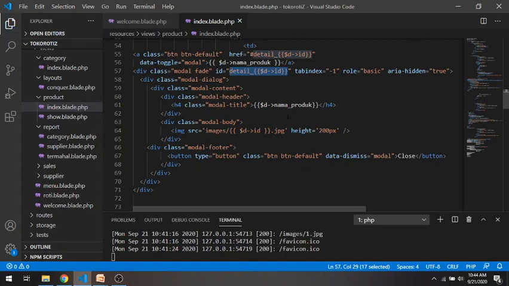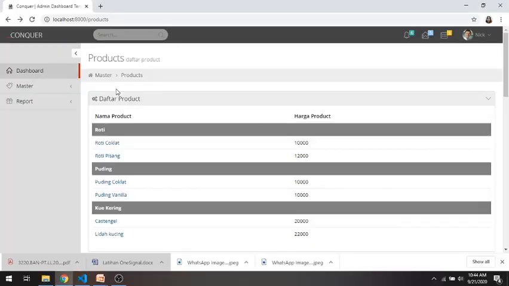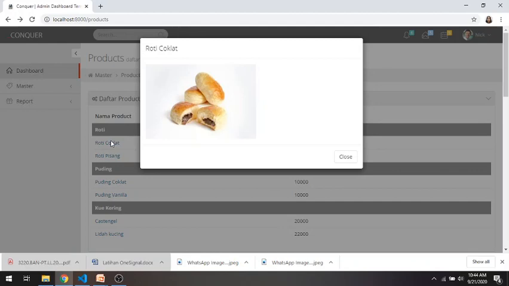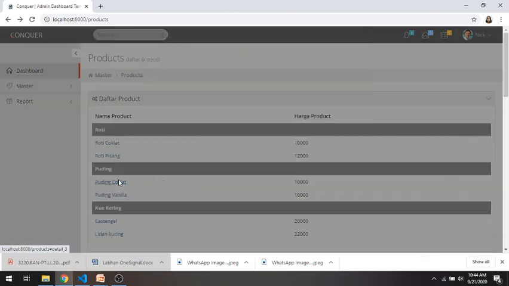Okay, we will try it. We click here, click. Okay, that is our modal.